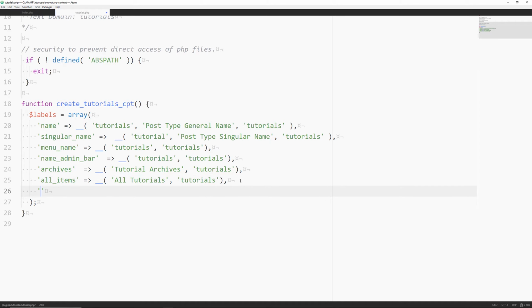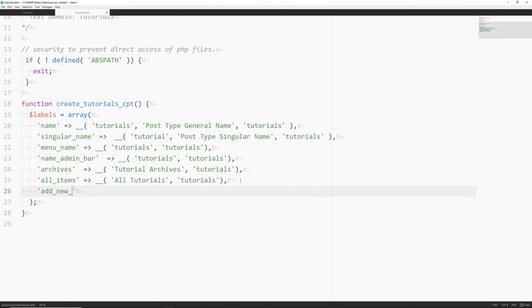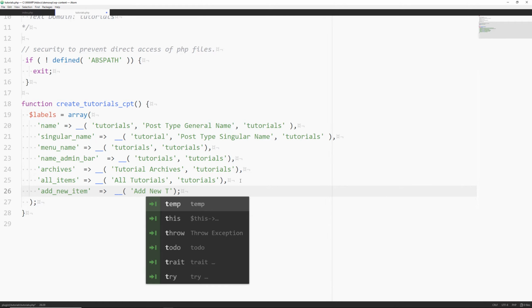Go to new line. And then we're going to put in single quotation marks and add underscore new underscore item. I'm going to set this up. Then I'll type out the single quotation marks, add new tutorial.